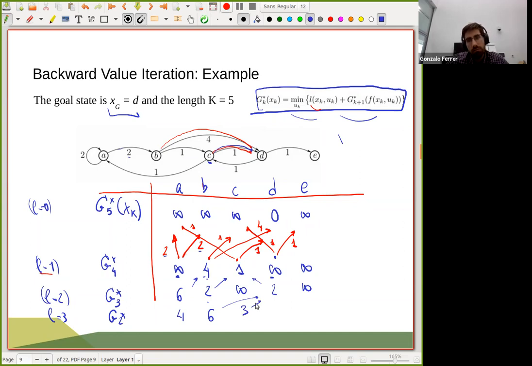Yeah, actually all these arrows, what I'm doing is just putting parents. But you see that parents get updated very frequently, so be careful with this. From D, we have the same problem again. We have these two nodes that both of them are infinite. So then trajectories of length 3 are not possible, starting from D and ending in D as well. And then let's finally do the optimal cost of length 4.